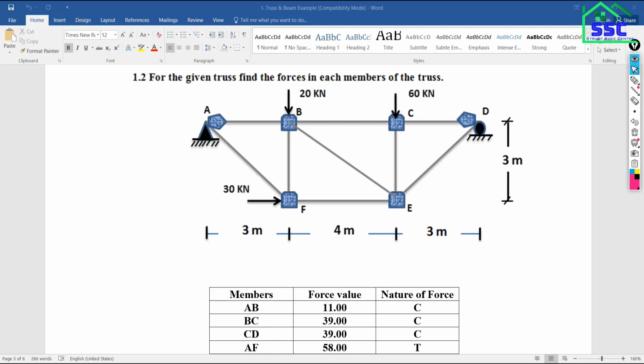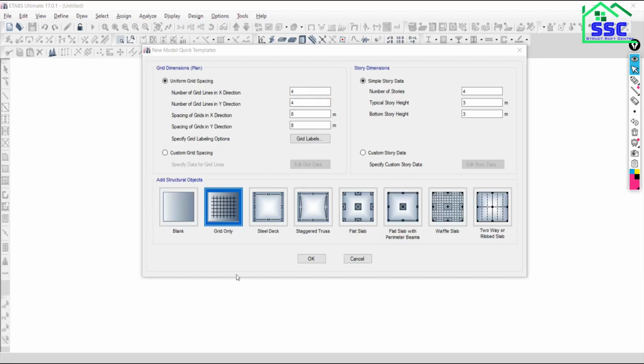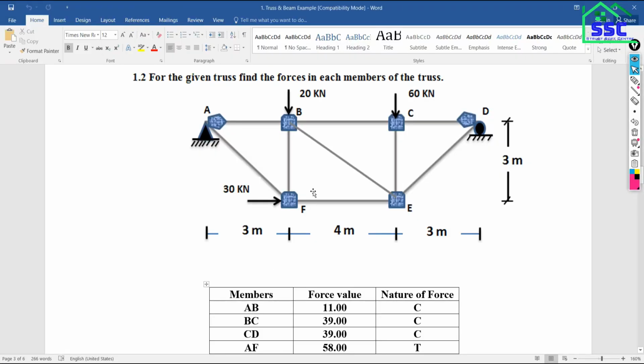So just go to ETABS, put the number of grids in the X direction as 4, and the number of grids in the Y direction as 1. Regarding the spacing of the grid in the X direction, as you can see here, between A to B the distance is 3 meter, between B to C the distance is 4 meter, and between C to D the distance is 3 meter. So as you can see, it is non-uniform grid spacing, so put the value that is repetitive, that is 3 meter.